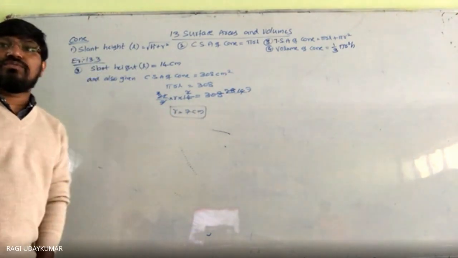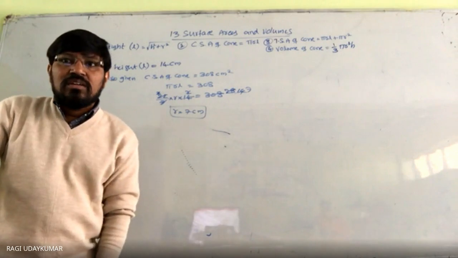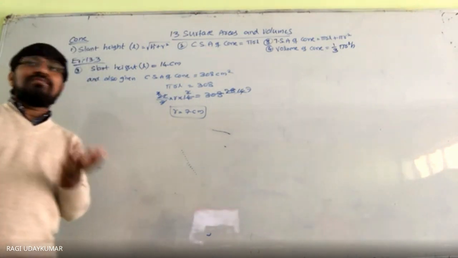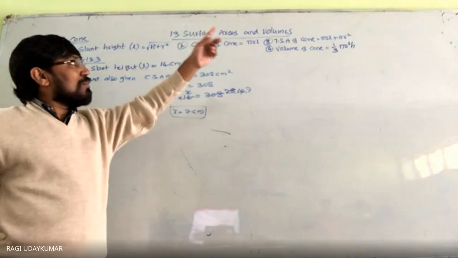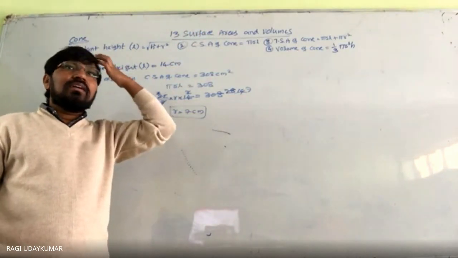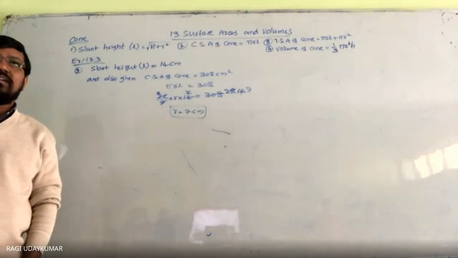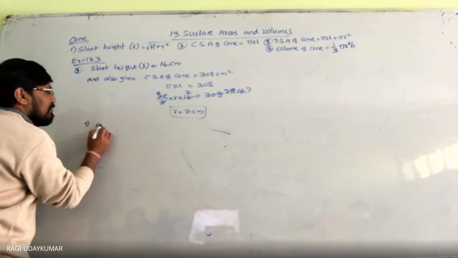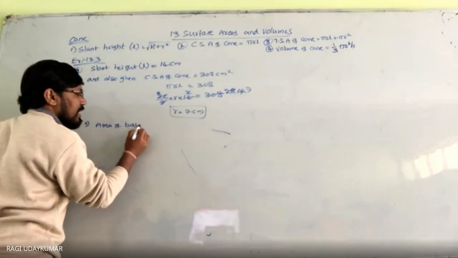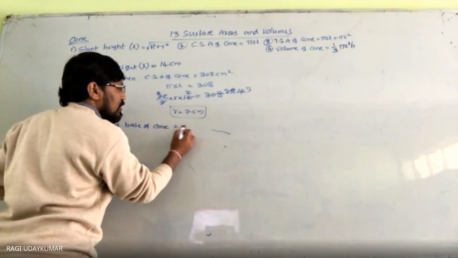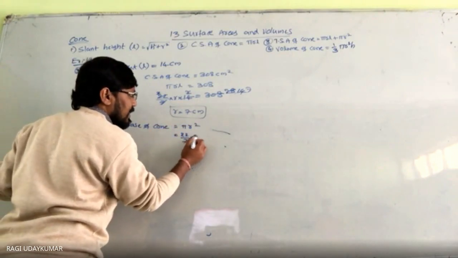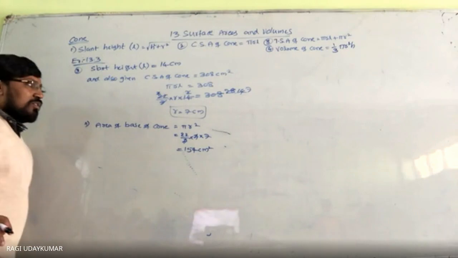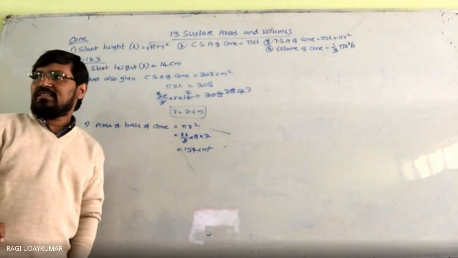Third question was asking you to find out the radius, and the next question is asking you to find out total surface area of the cone. So total curved surface area is already given. So area of the base you need to find out. Rather than directly substituting into the formula, the better thing is to just find out the area of the circle at the bottom and add this, then automatically you get it. So area of the base of cone is equal to pi r square. So pi is 22/7, radius is 7, and 7 7. So which is equal to 154 centimeters square.